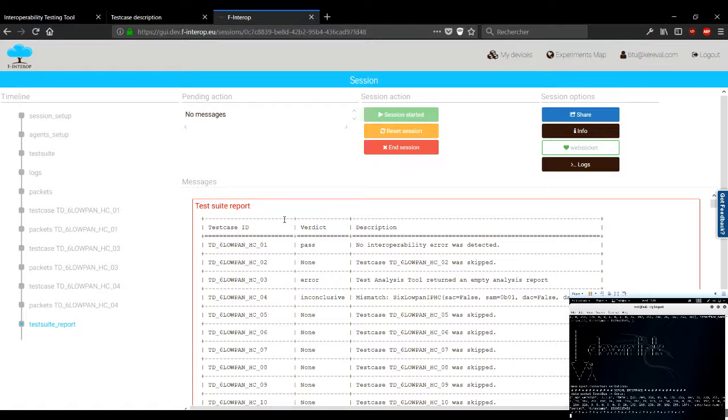So this demonstration is now over. During it, we showed the aspects you need to know to perform the sessions: how to find information to configure the agent and sniffer, how to launch it and follow its activity, how to perform the tests and understand the test suite, how to navigate and read the results.